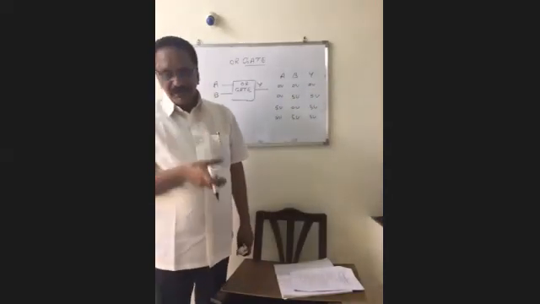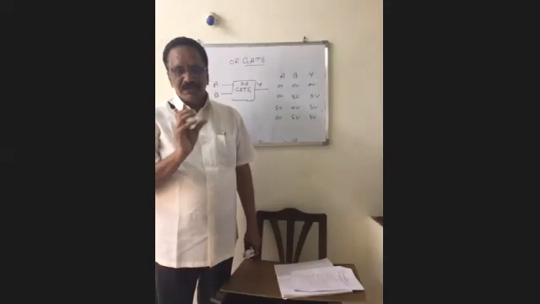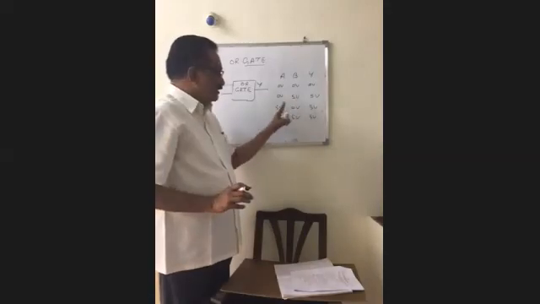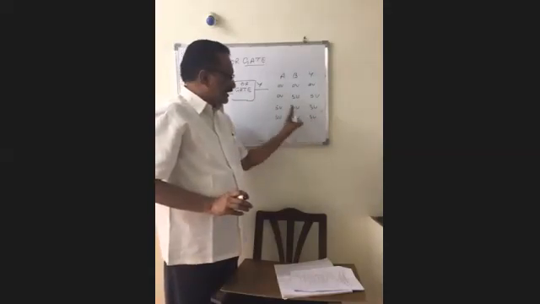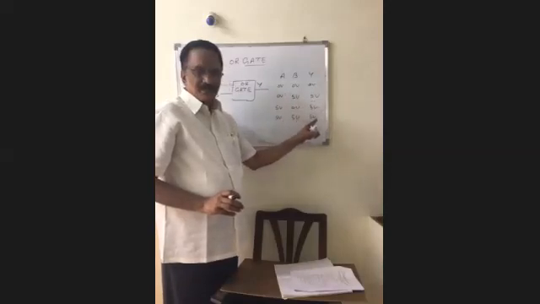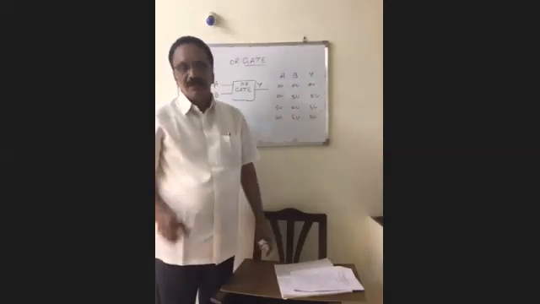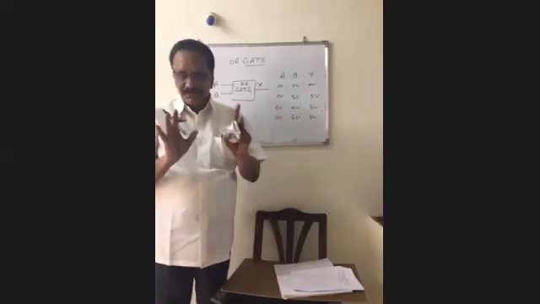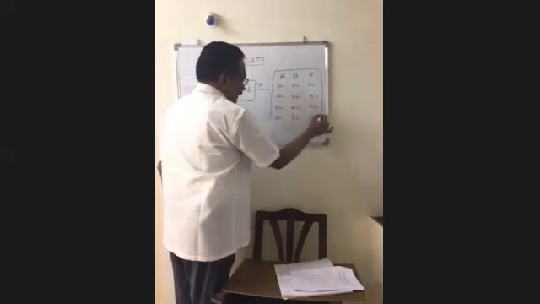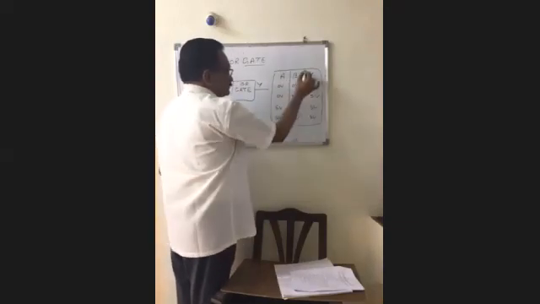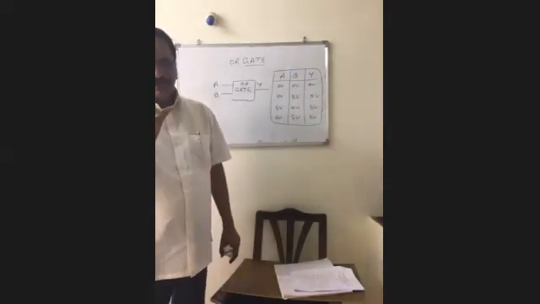What is the function of an OR gate? Memorize. It produces high output when any one of the inputs or more than one input is high. It produces low output when all the inputs are low. That is the function of an OR gate. So this is a truth table. You have to write this as a table. What is this one? Truth table of an OR gate.